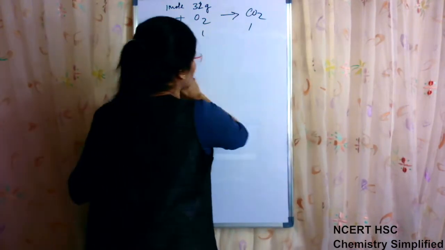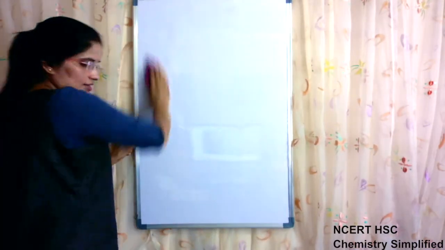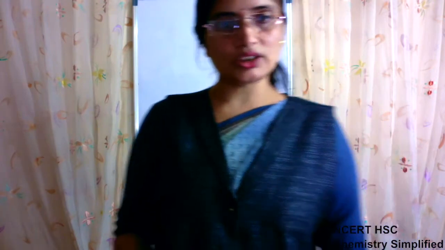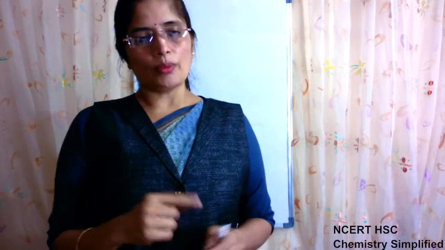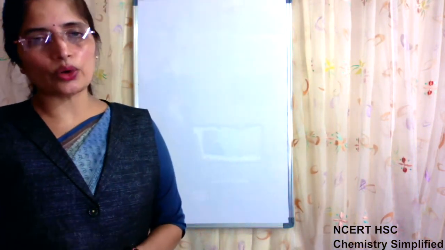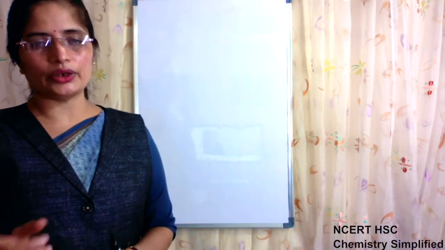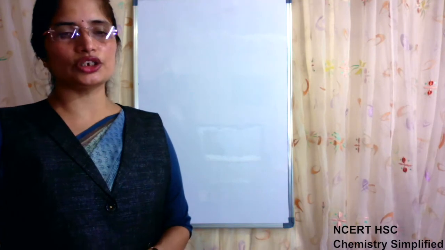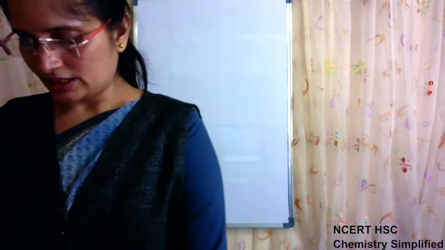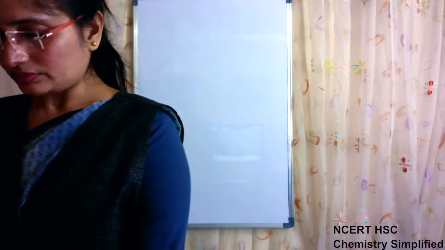So these are the 3. Always remember, first you will write the balanced chemical equation, then you will see how many moles of each are reacting, then you will write their masses, and then according to that you will check whether any of the components is a limiting reagent or not, and only then will you write the products accordingly. Okay. Now the next question.